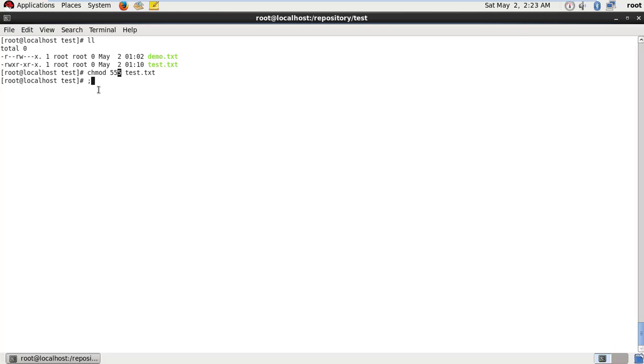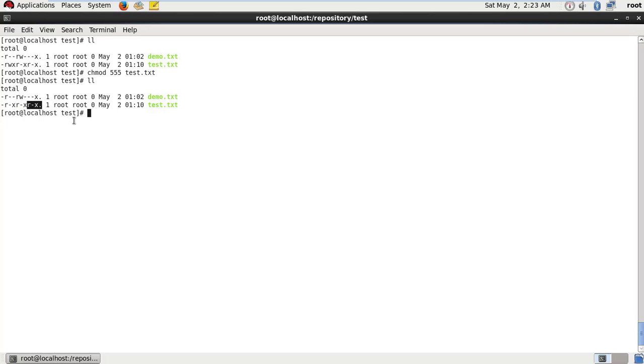So now you will see read and execute permission for all. Look, read and execute permission is updated for the user, group and other user also.